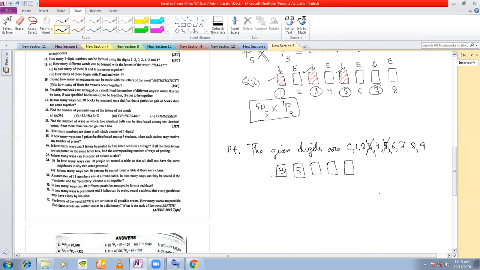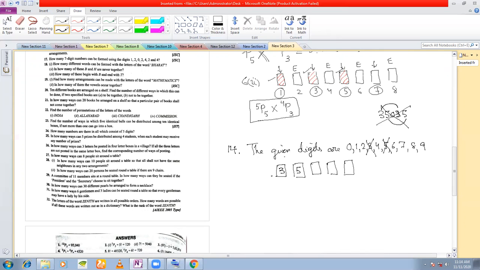This is what we call non-repeated permutation. You understood what I said? See, a number can be like this also, 35035, right? We are using 3 twice and 5 twice. But here, this is not allowed. Repetition of digits is not allowed. That means you cannot repeat the digits. There is another case, repeated permutation, where repetition is allowed. That I will come to a little after this. First see